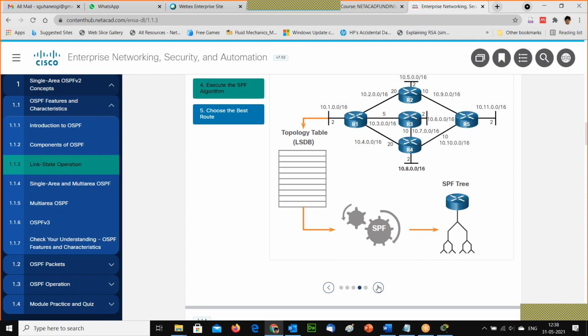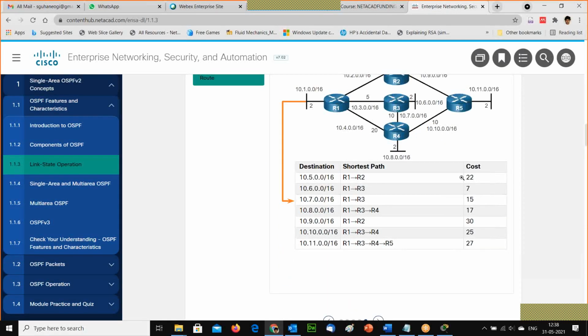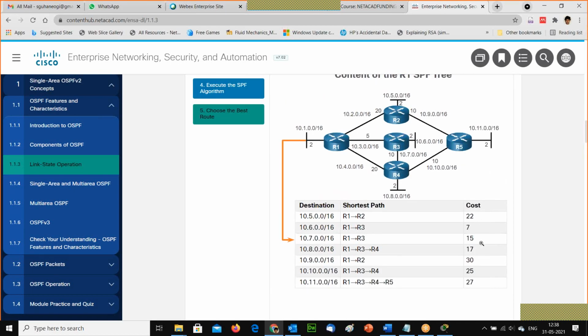Now let's see the configuration part. For example, we are having a path from R1 to R5, going by R2, R3 and R4. In OSPF it is not that we will only be choosing the best path. Of course, the best path will be chosen, but we can also do some load balancing and other things. In a routing protocol, we have to find the best and shortest path, and depending on better bandwidth and so on, we choose the best path.